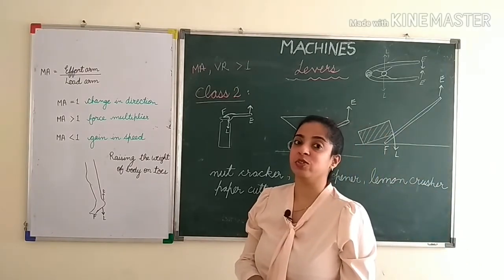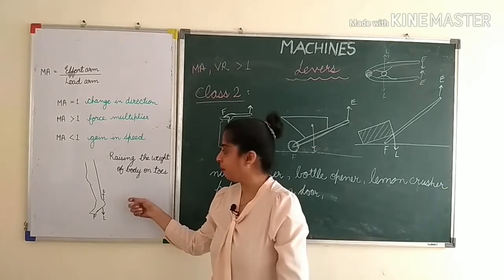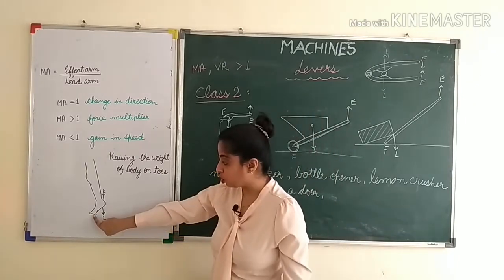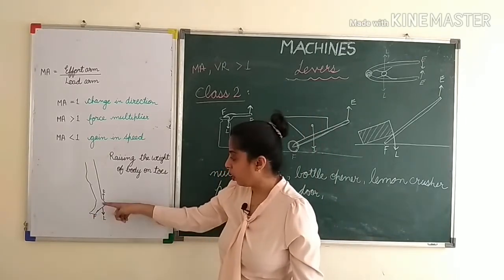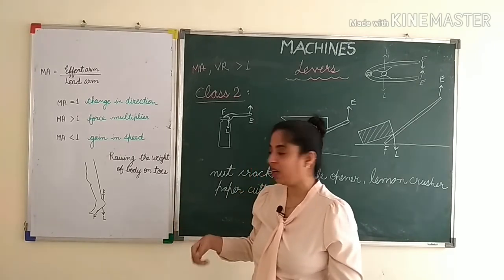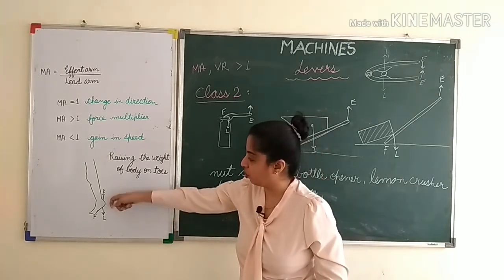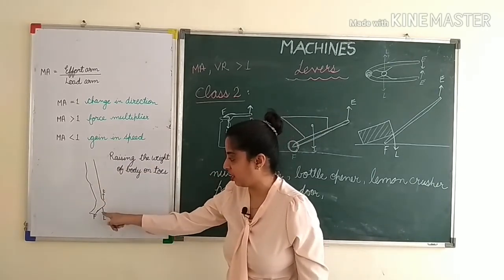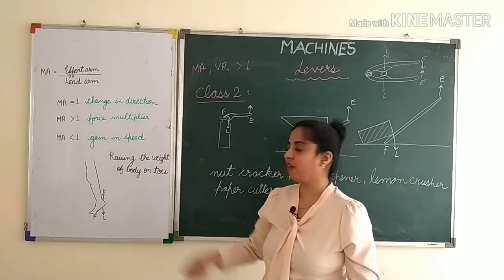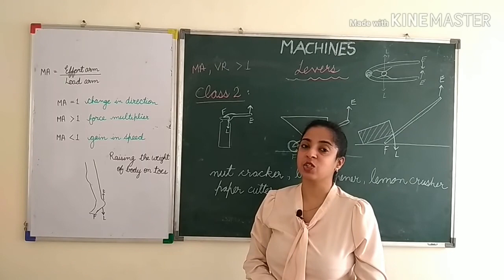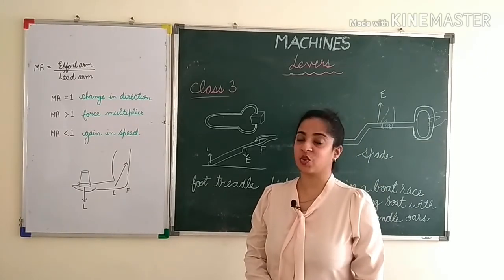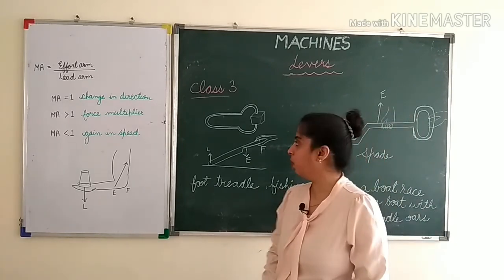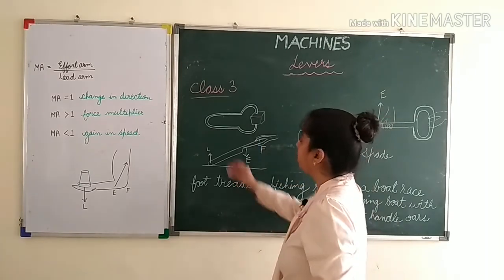Now, as I said earlier, you should remember the example in our body. Okay, so when you are raising the weight of your body on your toes, अपने toes पे आप खड़े होने की कोशिश करते हैं. So your toes are at fulcrum, your weight of the body acts in between, and your effort lies here. You try to pull it, so effort is here, toes is fulcrum and load is center. So here the raising the weight of the body in toes comes under class 2 types of levers. Now let's go ahead with class 3 type of levers. Now in class 3 types of lever, you know effort is in between fulcrum and load. So here you can see this will be fulcrum.